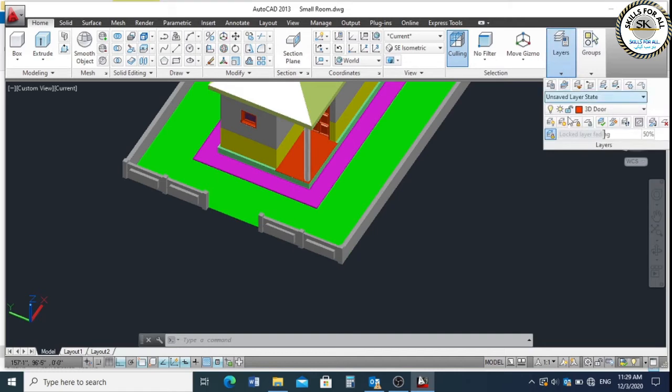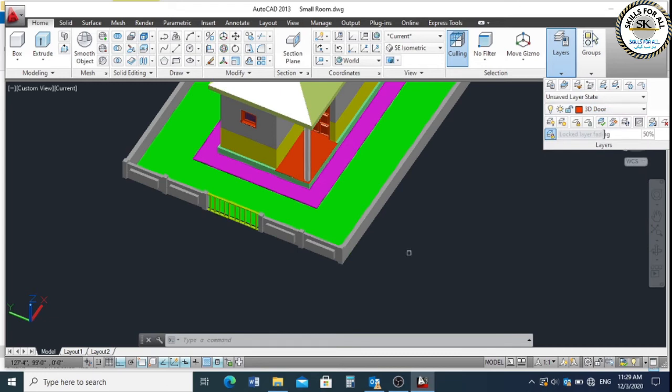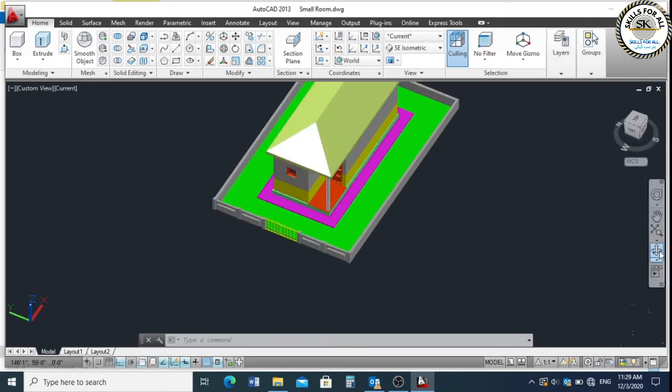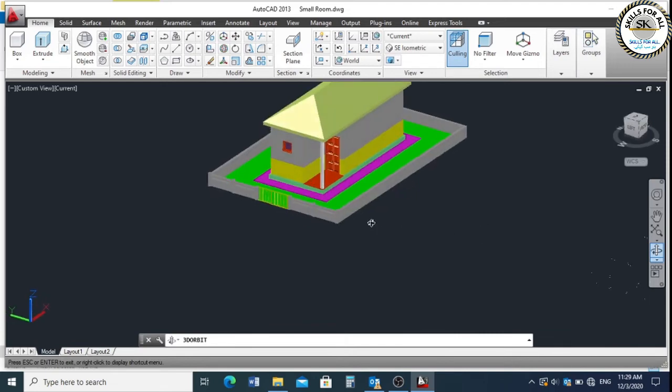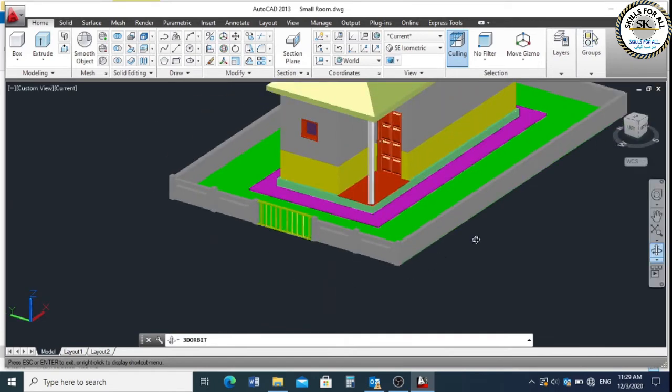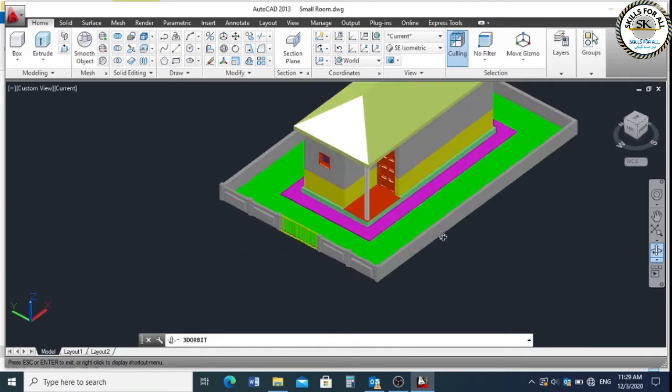I made a very simple gate also. Here is the main gate, and you can see here. Here is our main gate, this is our boundary wall, this is our site,